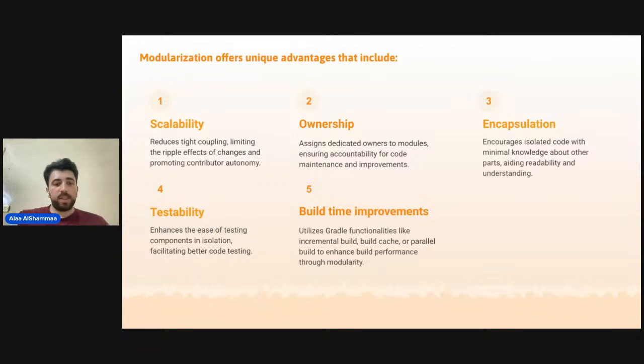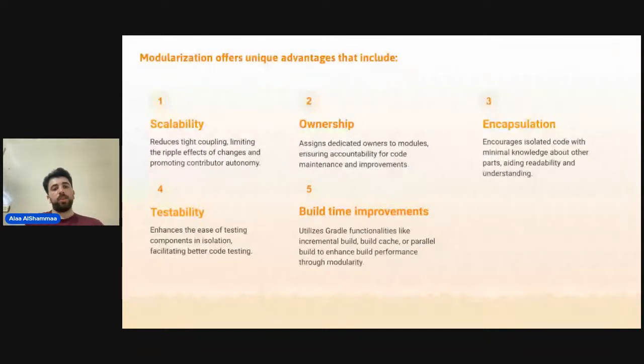The fourth advantage is testability. As we all know, with a project that's not following a modularized architecture, you reach a stage where it's very hard to add tests to that project. But with modularity, you can have each module having its own unit and UI tests, in a way where for each module you can see the percentage of testing that has been done on it. You can add tests on that module or that feature, and that would allow you to achieve a good testing rate across all modules.